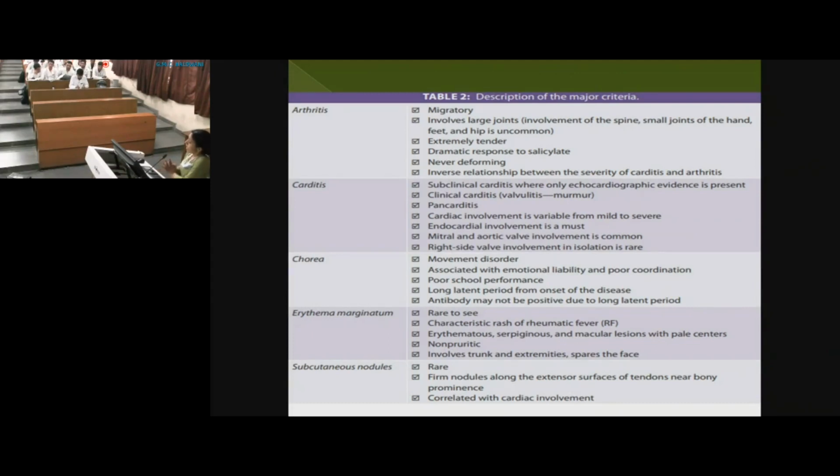So it's migratory, and if the small joints are involved, then it's more likely to be JIA, more likely to be rheumatoid arthritis. Okay, small joints are never involved in rheumatic fever. It's rheumatoid, JIA, rheumatoid arthritis. Got it? So it's not going to involve the TM joint. It's not going to involve the spine. So these are not the joints which are involved.